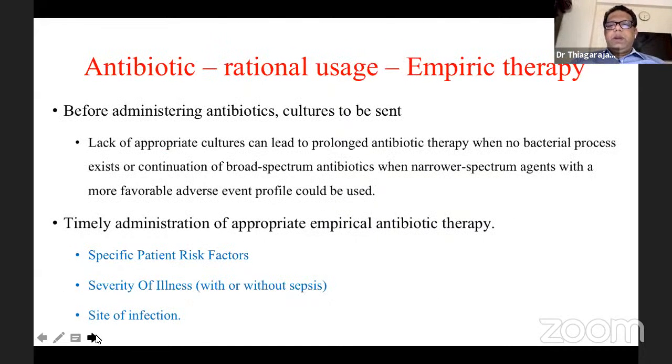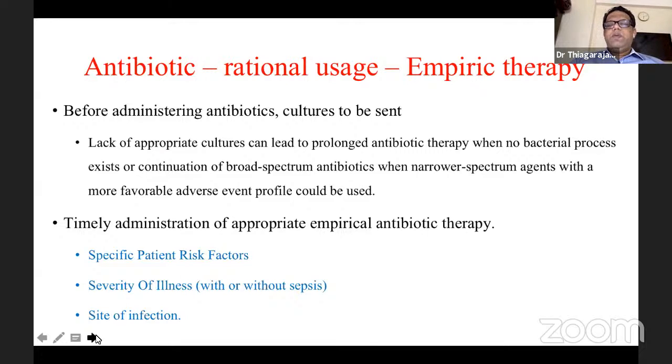A few words about empiric therapy. A lot of times in liver transplant, whether in the pre-op or post-op settings, you won't have cultures and the patients may become sick. You have to start antibiotics empirically. You can't often wait for the culture reports. But a few points have to be kept in mind whenever you start